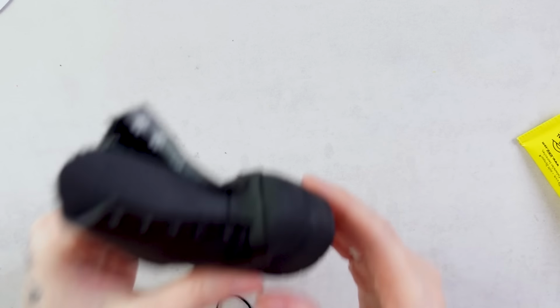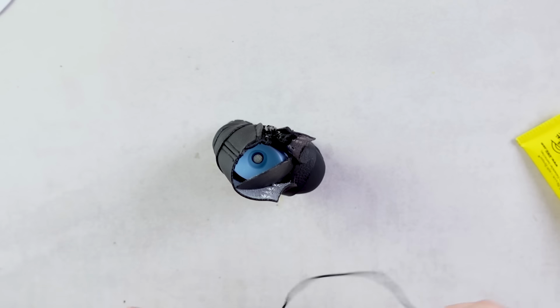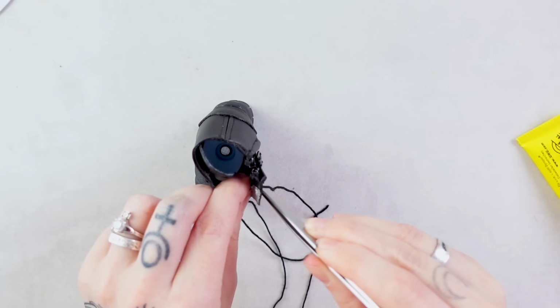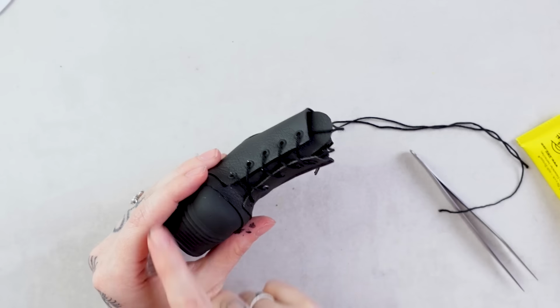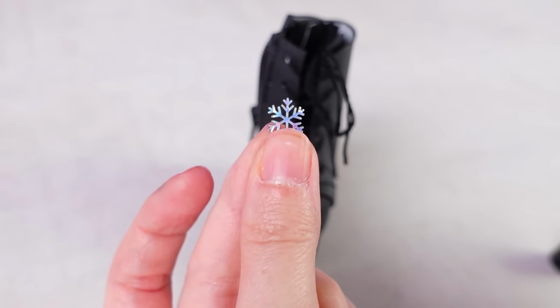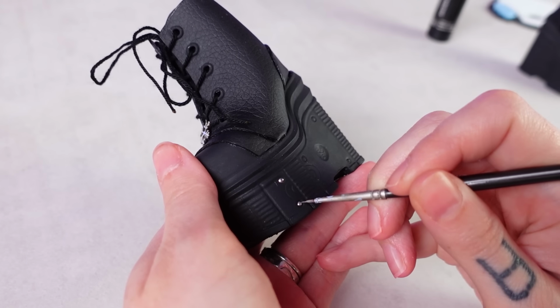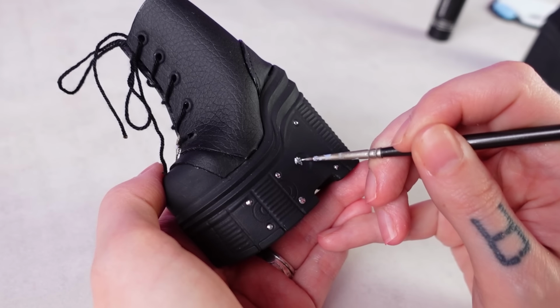I need to hold that now for a couple minutes and then end up with a really cool looking boot that is now ready to be laced up. I'm using a smooth thread for that and tweezers for easier handling, and in the end decided to cut some teeny tiny snowflakes from iridescent pleather as well and glue them to the front of the boots. They will probably not be visible in the end because of the boot covers, but hey, it's the thought that